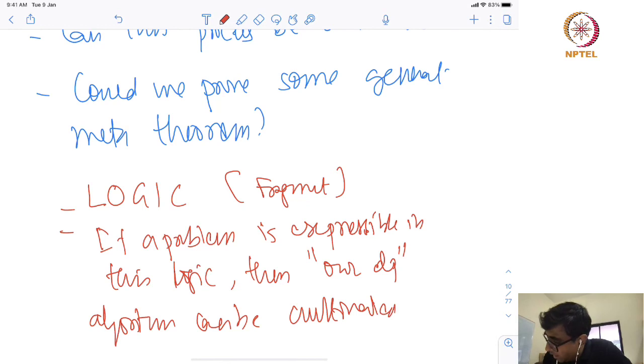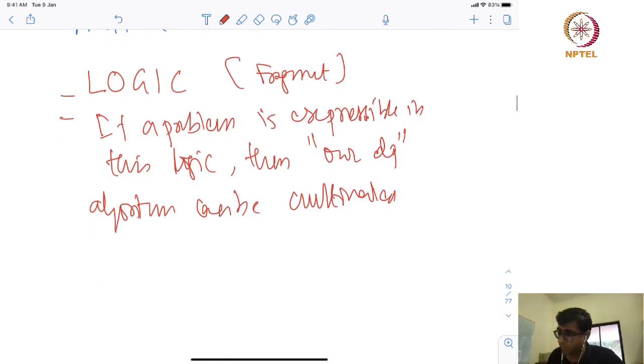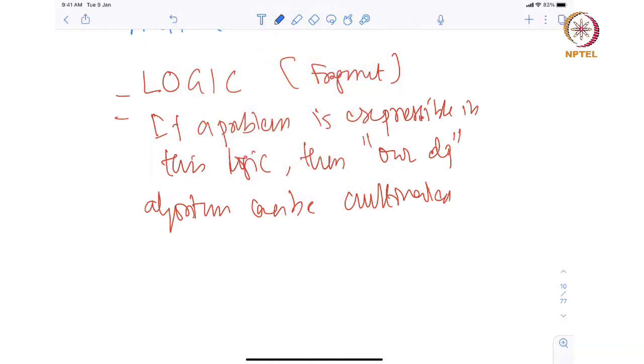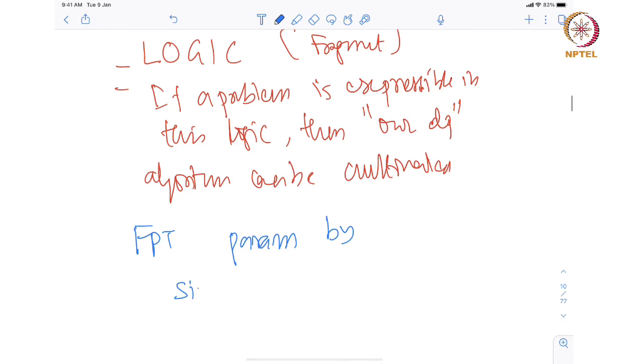Or rather, if a problem is expressible in this logic, then I would like to say the problem is FPT parameterized by the size of the expression plus the tree width